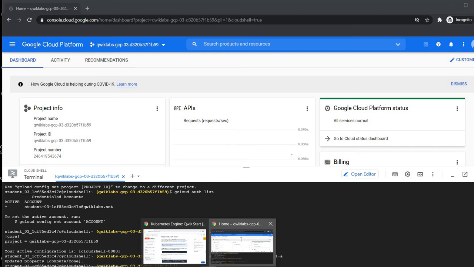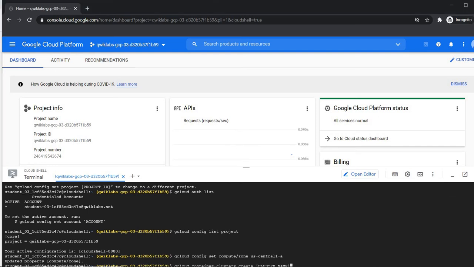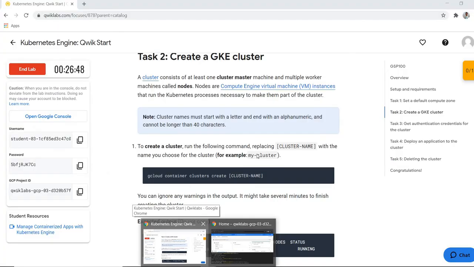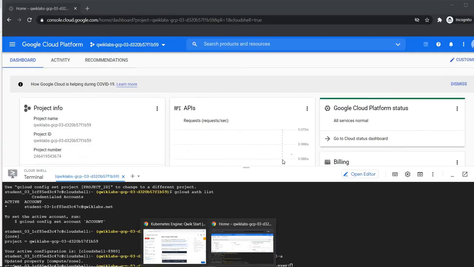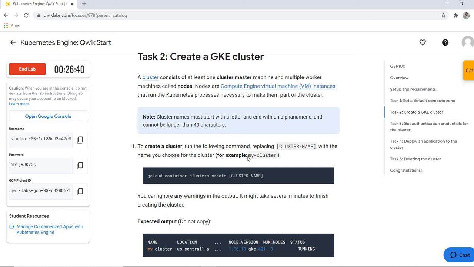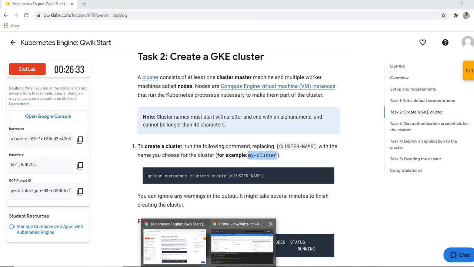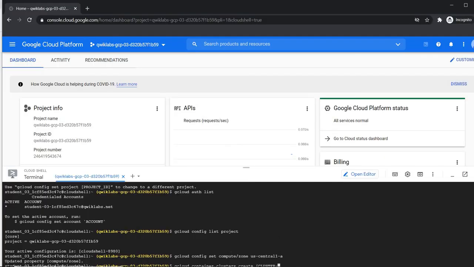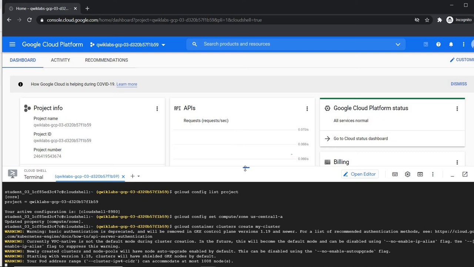Here it is also mentioned that you have to replace the cluster name with your cluster ID. For example, here it is given as my-cluster. I'm just copying this and replacing it here.